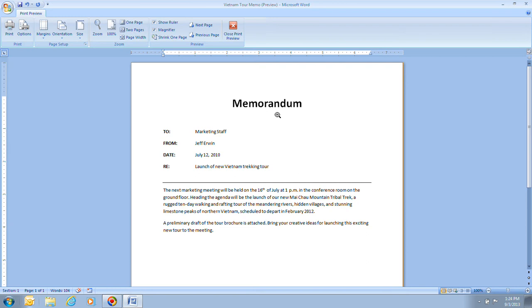Step 8 tells us that we're going to click the magnifier checkbox in the preview group. So notice that up here, here's our preview group, and it's important to understand that everything in between these lines is what's called a group, and the name of it is on the bottom. And it tells us we're going to click on the magnifier button here. Notice that currently it is checked. If we select it again, notice that it deselects that, and now my mouse pointer is no longer a magnifying